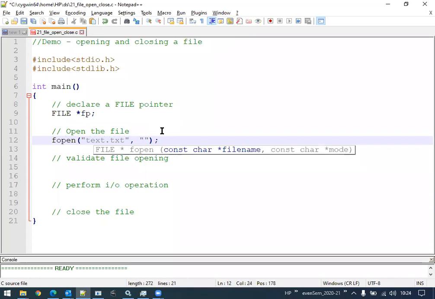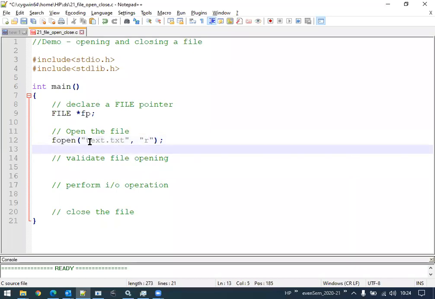Then assuming that I'm opening the file in one of the operations called read operation. Now these two are my assumptions. I am assuming that there is a file by the name text.txt and I am opening this particular file for read operation. As we know, fopen returns something, right? That is the location of this particular file. That has to be assigned to the file pointer which we have declared earlier. So fp is equal to fopen, the name of the file, comma, the mode in which we are opening.